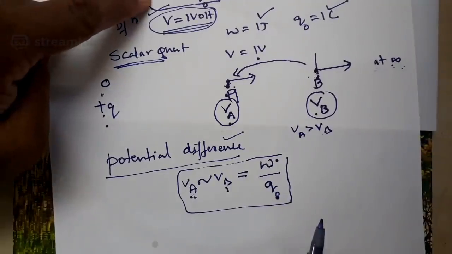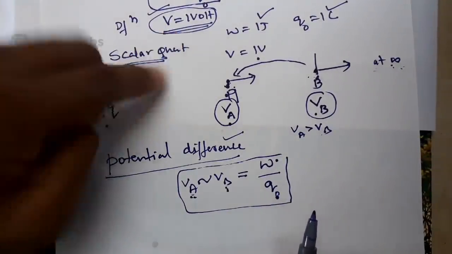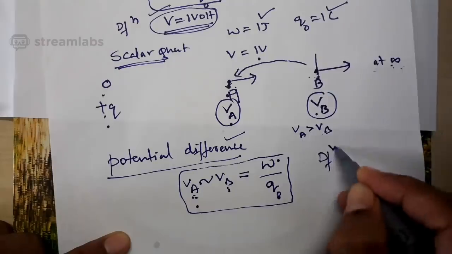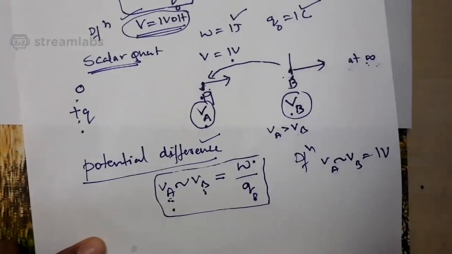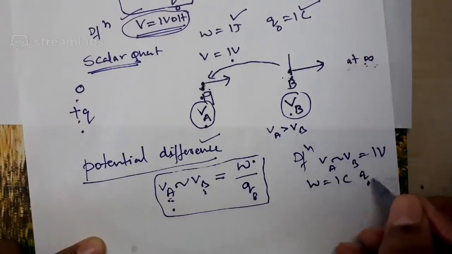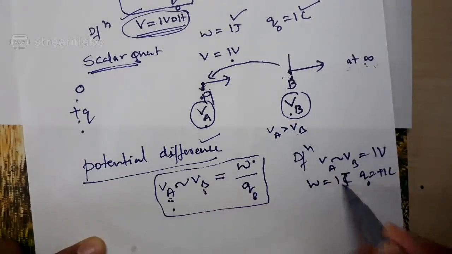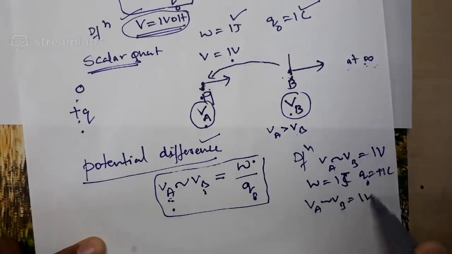Okay, let us follow the same order. That time I defined electric potential at a point. After that I defined electric potential at a point as 1 volt. In a similar manner, just now I defined the potential difference between the 2 points. Now let us try to define potential difference between the 2 points as 1 volt. Again, you can make the definition very simple by assuming W is equal to 1 joule and this Q naught is plus 1 coulomb. If I substitute back in the equation, W is 1 joule, Q naught is plus 1 coulomb, surely you will get VA minus VB is equal to 1 volt.